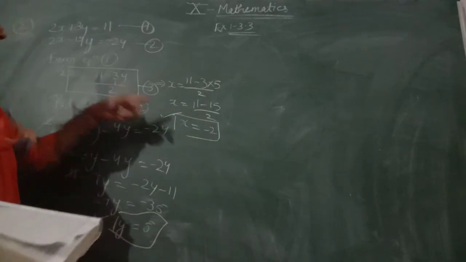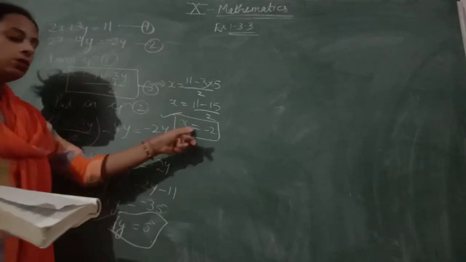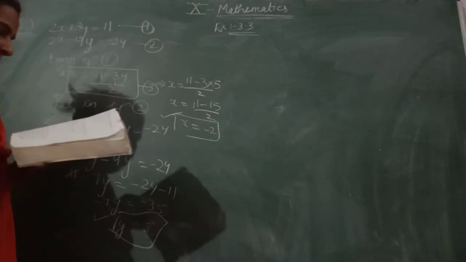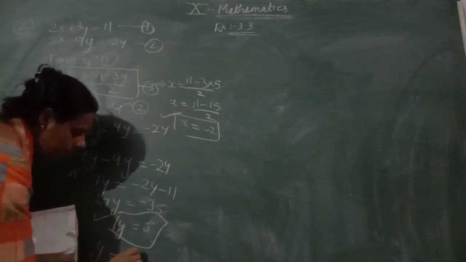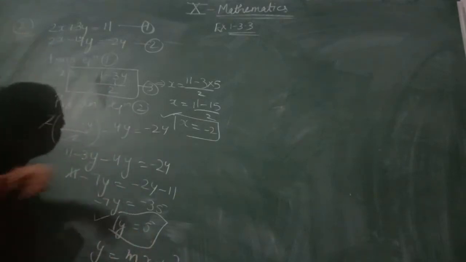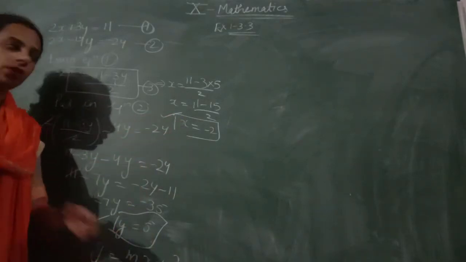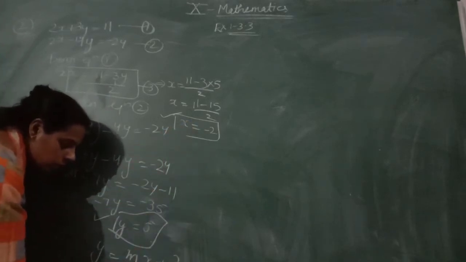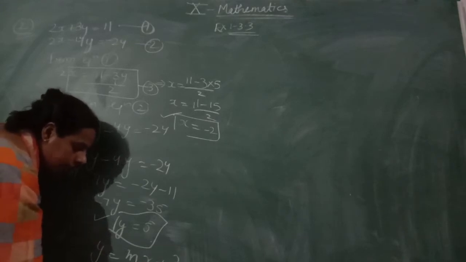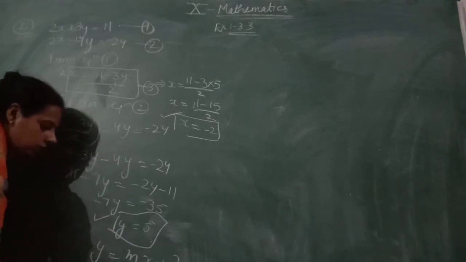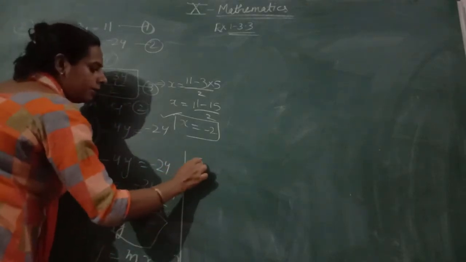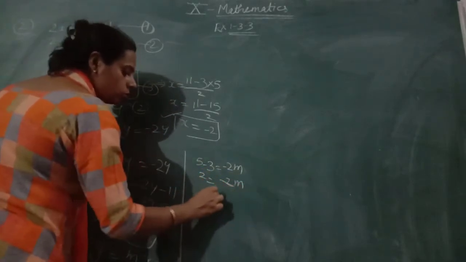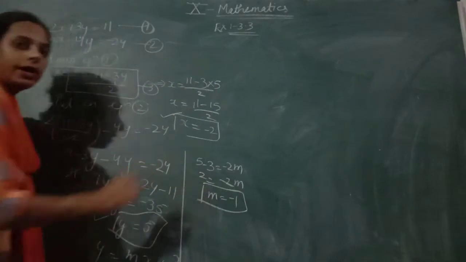Now, hence find the value of m. Hence means after getting the value of x and y, you have to put it in the equation so that you can get the value of m. y = mx + 3, and put the value of x and y here. The value of y is 5 and the value of x is -2. So firstly there is m into -2 + 3. On taking 3 to this side, you will have 5 - 3 = -2m. So 2 = -2m. On solving, you will have the value of m is -1.